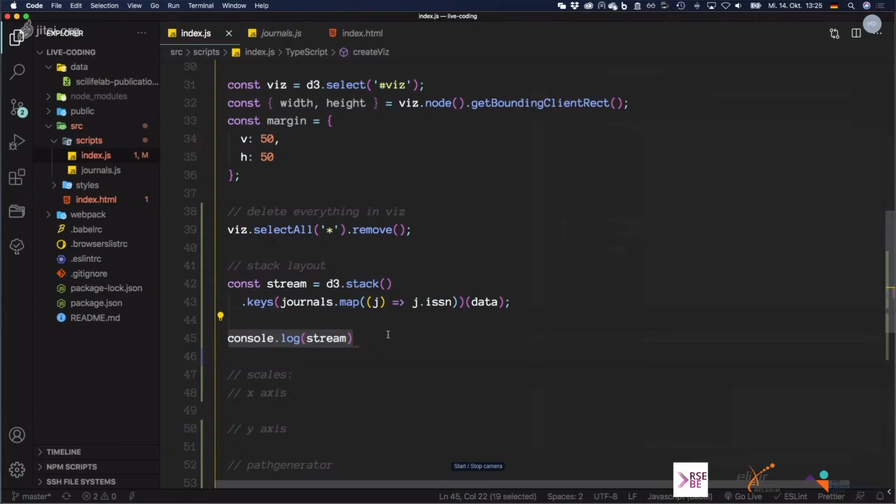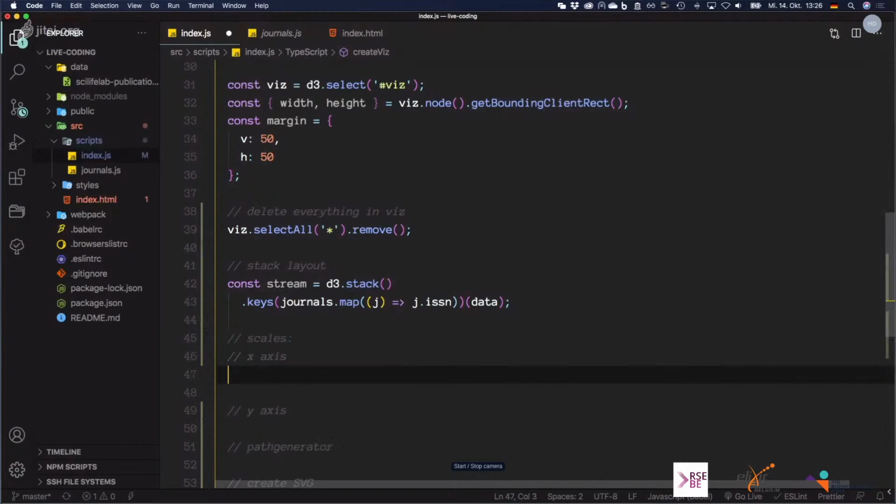Yeah, and now we are basically ready to define our scales. So first of all, we have our X scale. So the scales, as I said before, are again JavaScript functions that are now able to take these random coordinate system numbers that I just showed you and really translate them into pixels on our screen. And now you have to think about that a little bit more. The screen that you might have on your computer is not the screen that others might have on their computer, or even when you think about